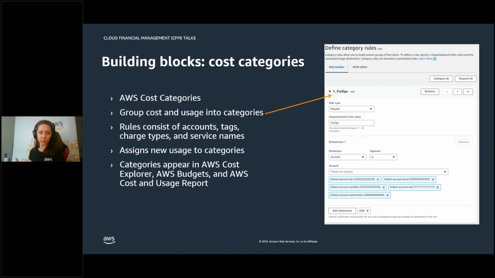So whenever you're going to your billing tools, either to do cost allocation or just to view how much each team is spending, you will be easily able to group your cost by those categories, which will be like, let's say, team name or organizational unit or business unit or whatever you'll call it. Another good use case